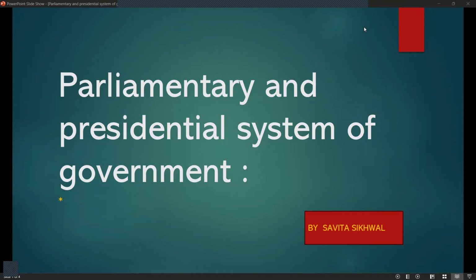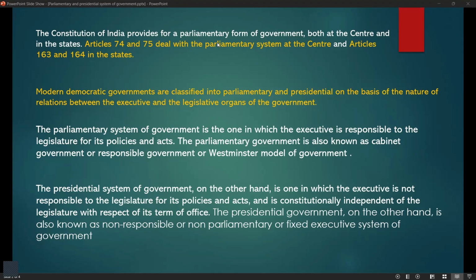So hello everyone, this is our new topic and we will be starting with parliamentary and presidential system of government, and this is going to be our introductory level video. Let's start. The Constitution of India provides for a parliamentary form of government both at the center and